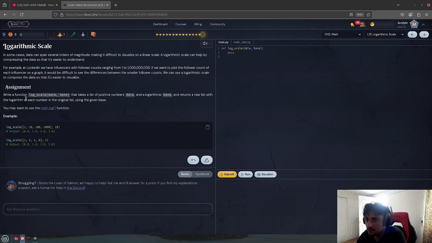Okay, a function log_scale(data, base) that takes a list of positive numbers data, and a logarithmic base, and it returns